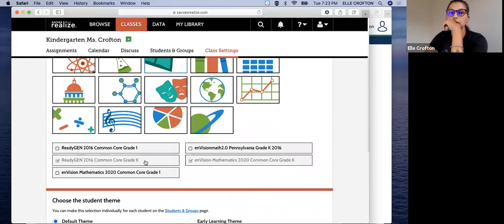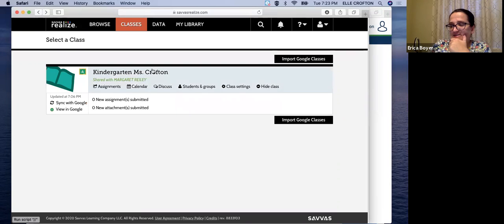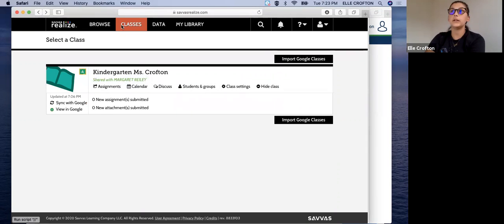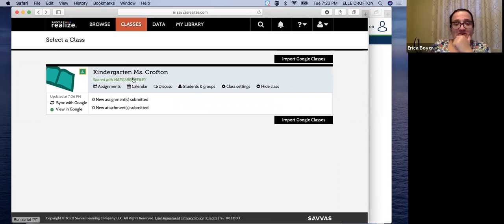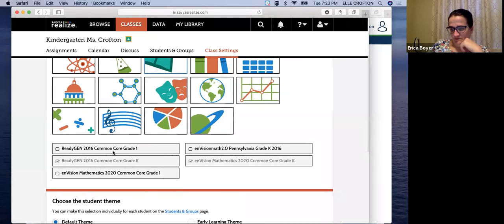Can you see my screen still? I can still see your screen. So if you said go into class settings. So if you're up in your Realize and you click classes. Yes. And then you find the class that you put in, hit class settings, go down to the bottom, and then you can